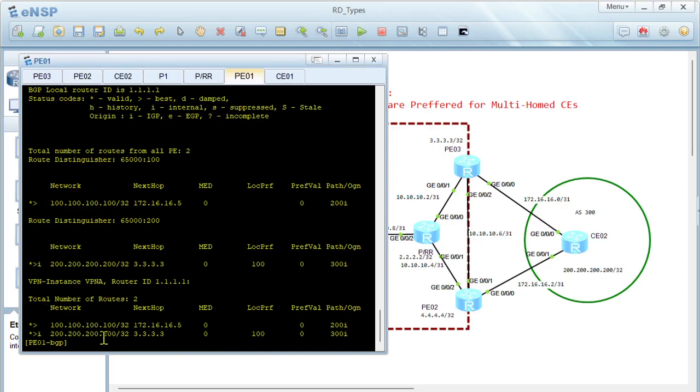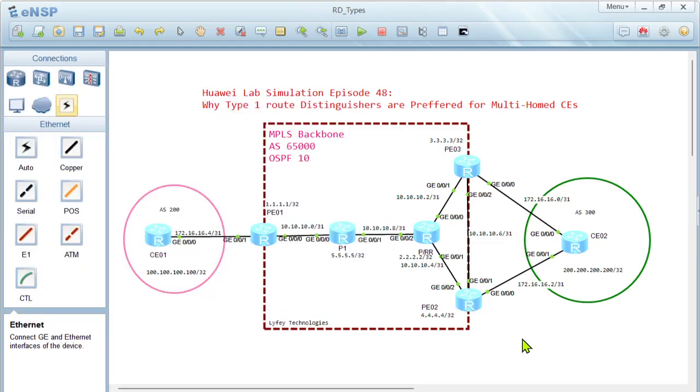On P1, you see that we only have one route, which is coming from VPN instance VPN A. We have one route, and this one route has 200.200. The next hop is 3.3.3.3. So we are not getting the one that is coming from 4.4.4.4. If I check